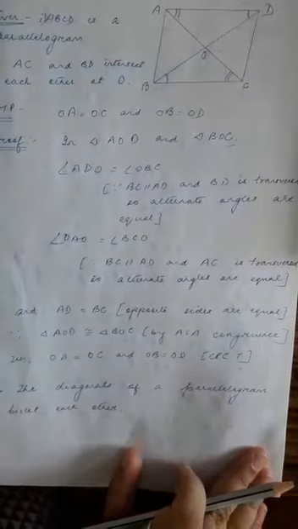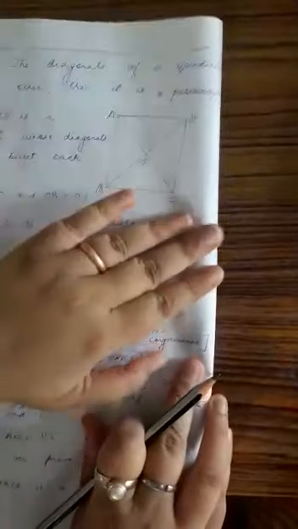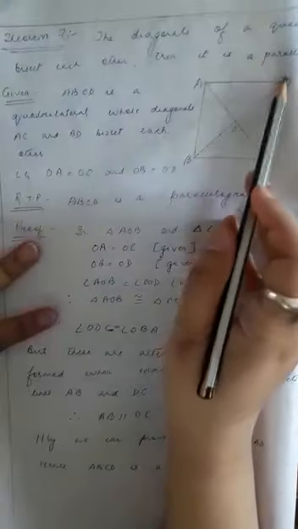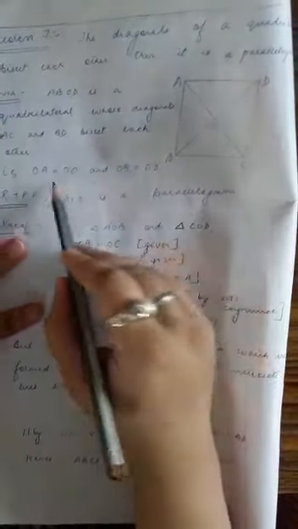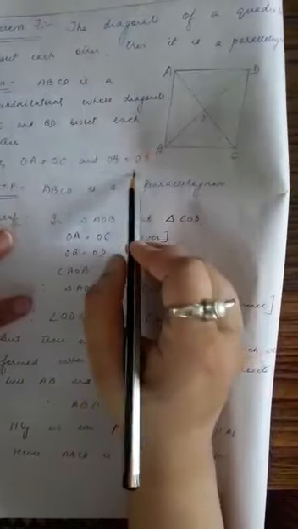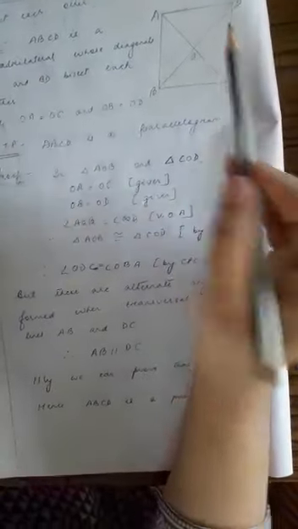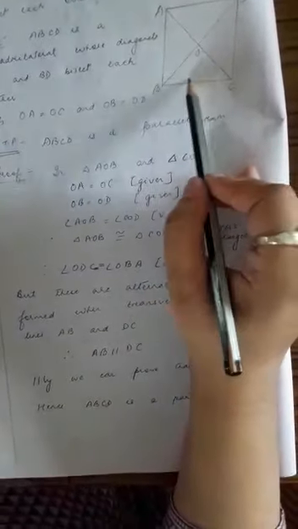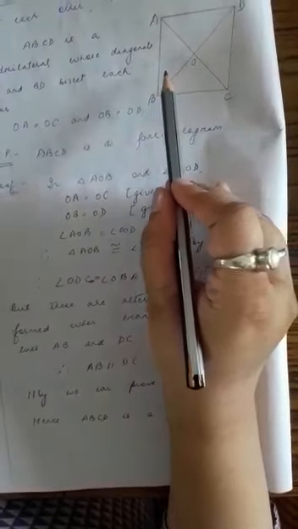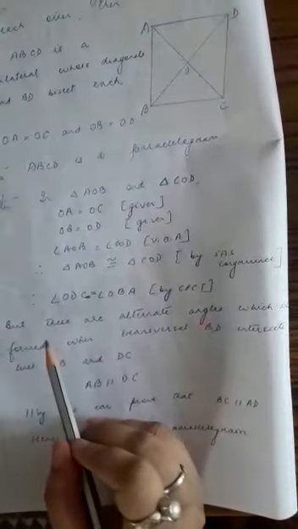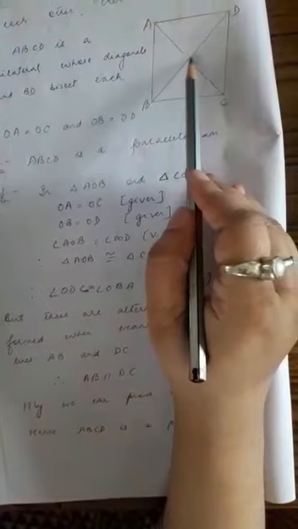Right? Okay. Now let's go to the next theorem, theorem number 7, in which it is said that if the diagonals of a quadrilateral bisect each other, then it is a parallelogram. So OA is equal to OC and OB is equal to OD. In this case, it is given to you and you have to show that it is a parallelogram, just the opposite of 6. Now in triangle AOB and triangle COD, we have OA equal to OC and OB equal to OD. So it is given. Again, these diagonals intersect at the point O.